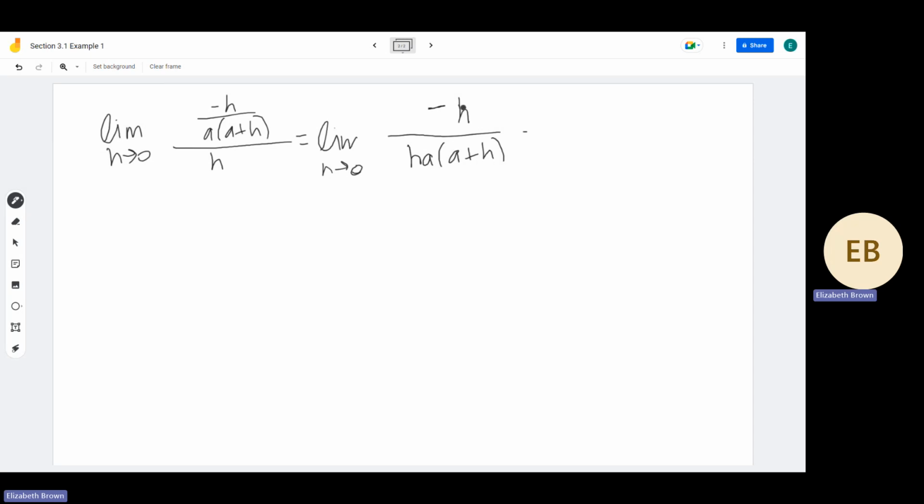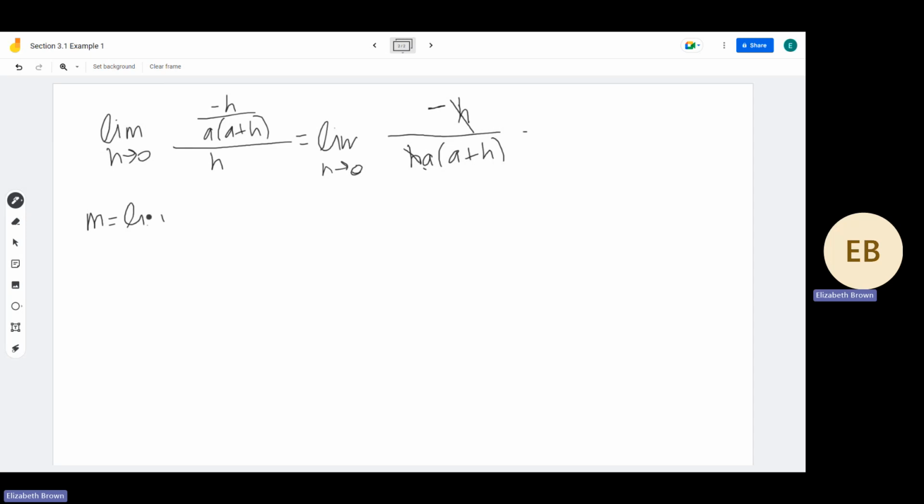Okay, now we have an h at the top, an h in the bottom, which means we can cancel them out. Why is this a good thing? Because that h in the bottom is still making the entire denominator be 0 when we plug in h equals 0. So that's still preventing us from direct substitution. So now what we have